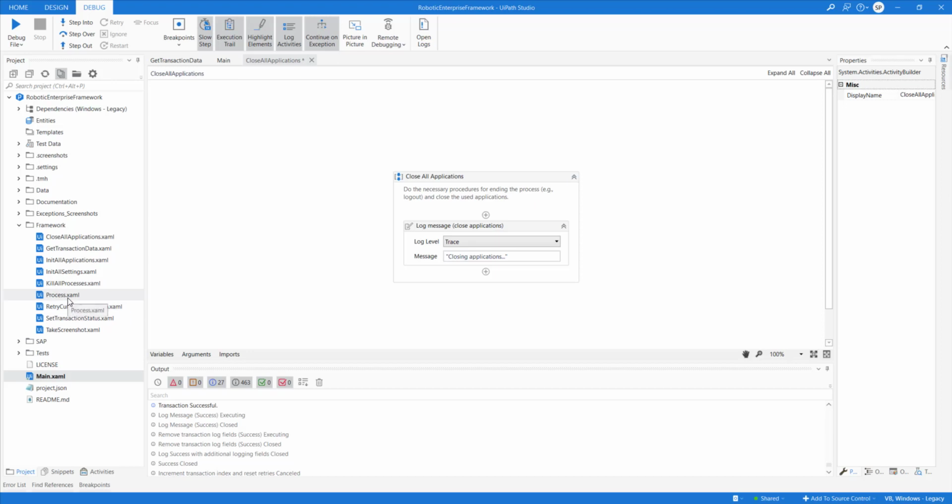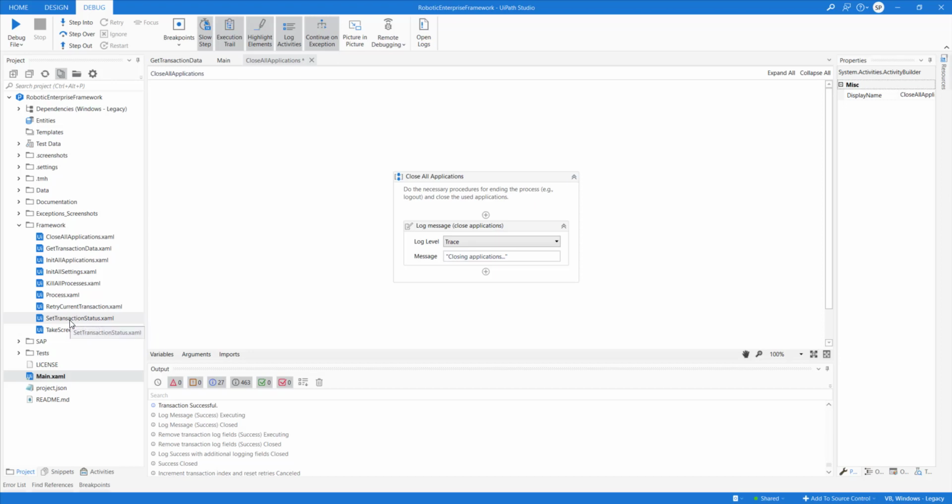Then we have process XAML, which contains the core business logic. Everything that you need to write for an application has to be written separately, and they need to be invoked in the process XAML file. Retry count transaction is nothing but taking care of the retry count. If the retry count exceeded the configured value, it should go to the next step. Then we have set transaction status.